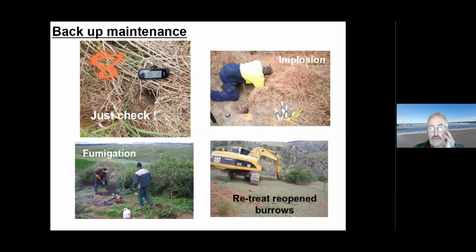You can implode those burrow systems. So that's the use of explosives, and that fella's got his arm down there to do, not quite sure what, but I think he's probably placing explosives. Implosion is also used in areas where machinery can't get, so it's too steep, too rocky, etc. Implosion is also used in conservation zones because it can be quite a contained area that's treated, and it's also been used in cultural heritage areas